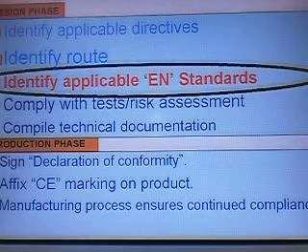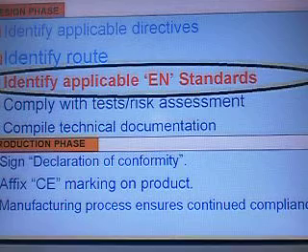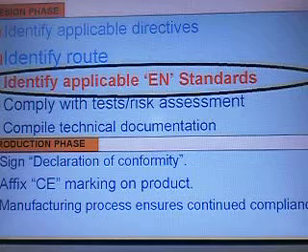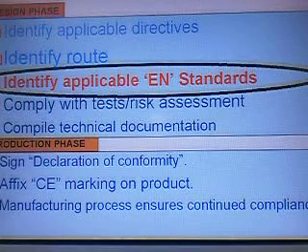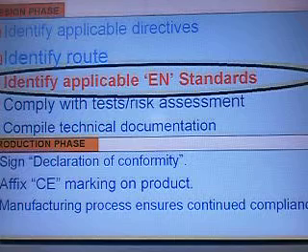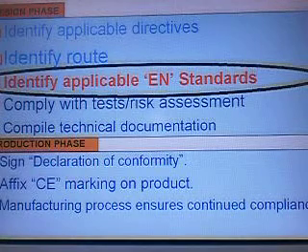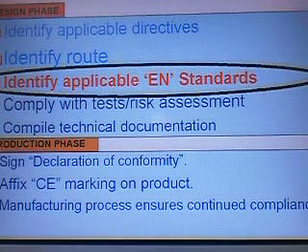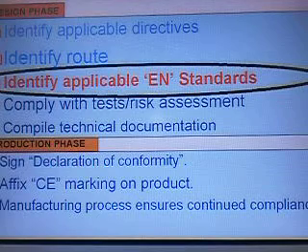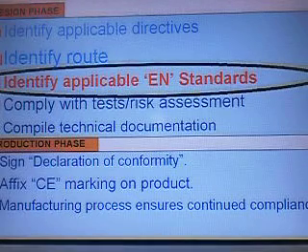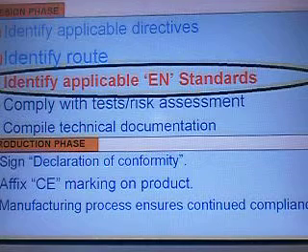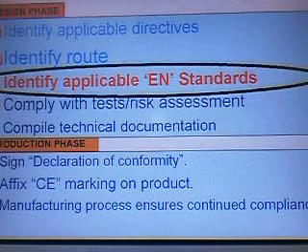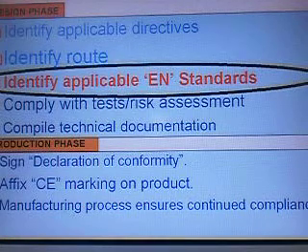The next step is to identify the applicable standards. We have to use only the EN standards. EN stands for Euronorm, and these EN standards translate the legal requirements of the directives into the technical requirements. The European Union website publishes a list where standards are listed against each directive. The standard has to be selected specific to the product. If this is not available, then you have to select the standard specific to the product family, or if both are not available, then you have to use the generic standard.